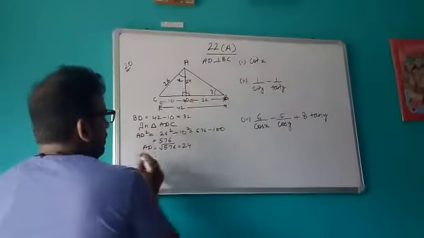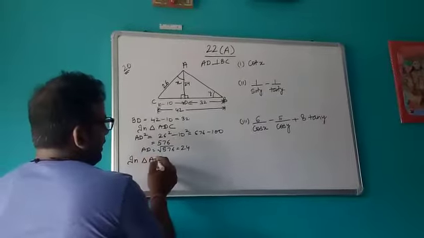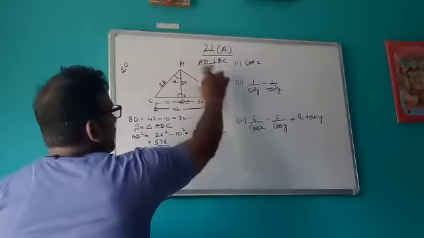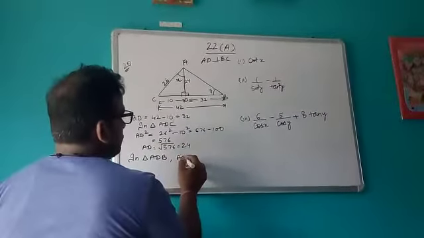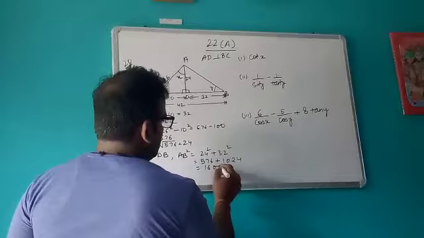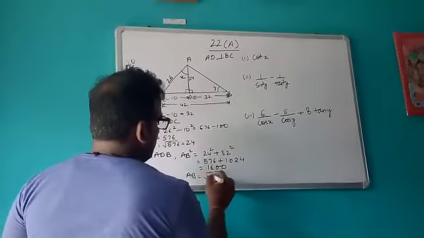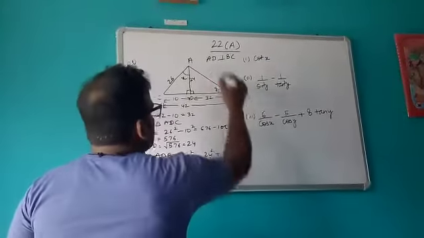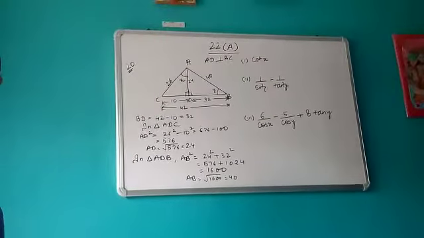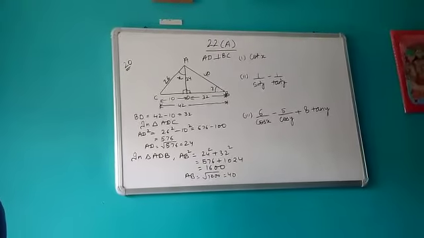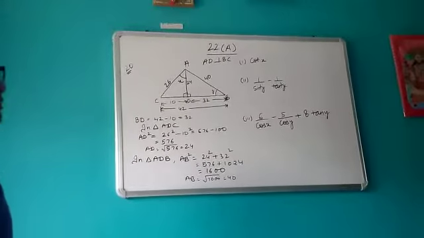Similarly, when you see this triangle, that is in triangle ADB, in this triangle, this value is unknown to us. So we will find the value of AB square, that is 24 square plus 32 square. So it is 576 plus 1024. So it is your 1600. So what is AB? Square root of that is 40. So this is 40. So you can see in this triangle now I have found all the unknown values of sides which are not known to us. So with the help of this, now we will calculate the values of the